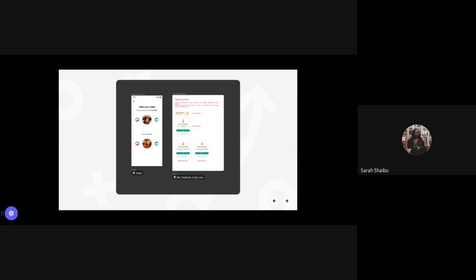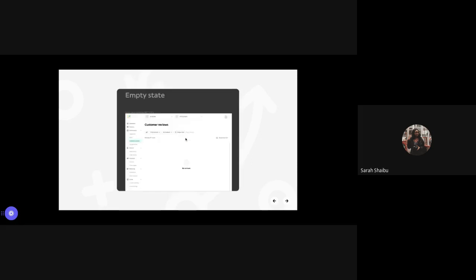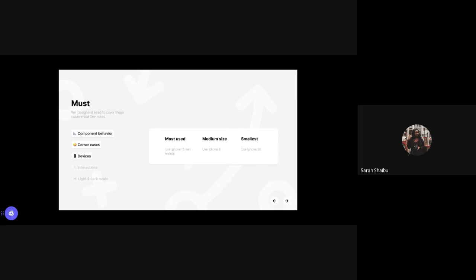So typically I would show them, for example, this is an example of a user rating an order on the app. If they rate an order, I'm showing the developers that if both ratings are positive, we show this snack bar. If one is negative, we show a bottom sheet. If the courier is negative, we show this. If the food is negative, we show that. And it's very important for them to see the empty states. It's important for us to provide this to the developers as well.